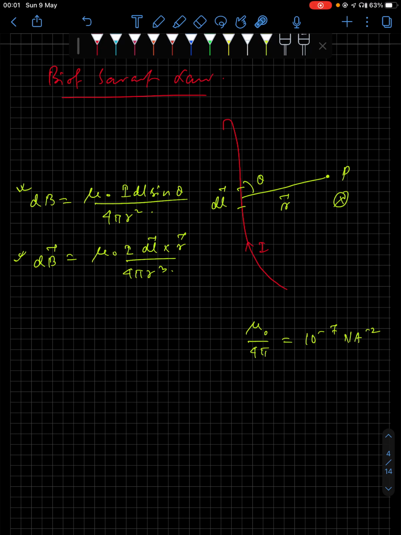So firstly, next we have the magnetic field due to a current carrying conductor. You see, you have a straight wire which is carrying a current I, and we have to find out the magnetic field at this point P. And P is at a perpendicular distance A from the wire.